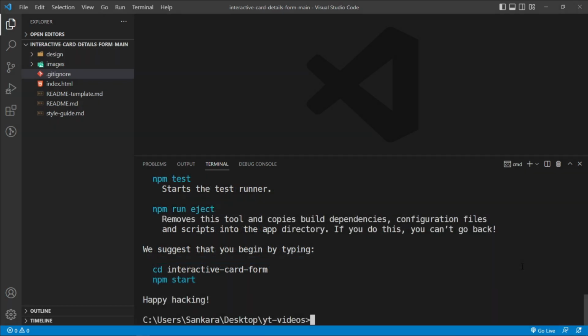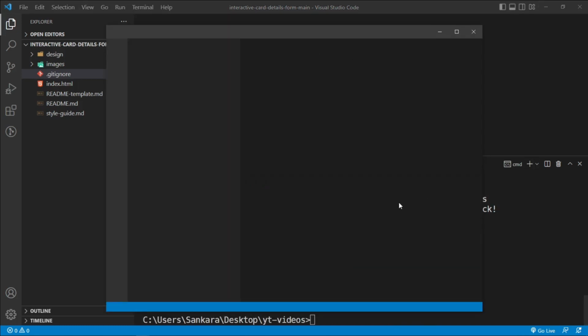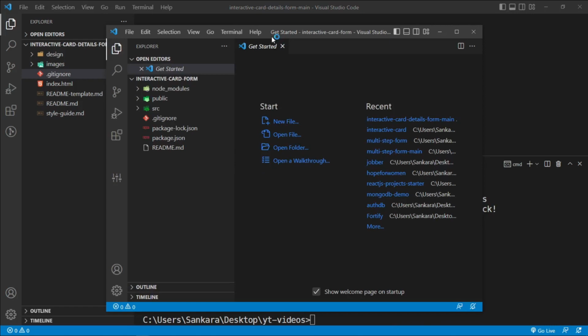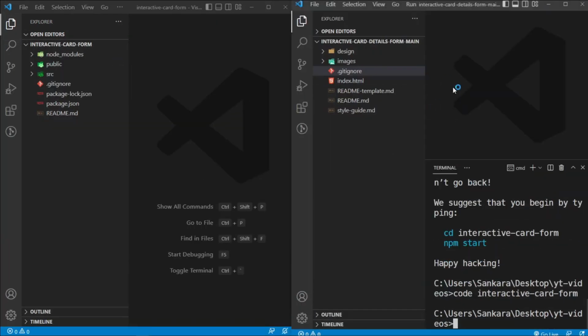Okay, once that is done, I'm going to say code interactive-card-form, which is going to open up another instance of Visual Studio Code into the React application that we've just created. And then I'm going to place this to the left, and this is going to come to the right, so that we can do a bit of copying and pasting